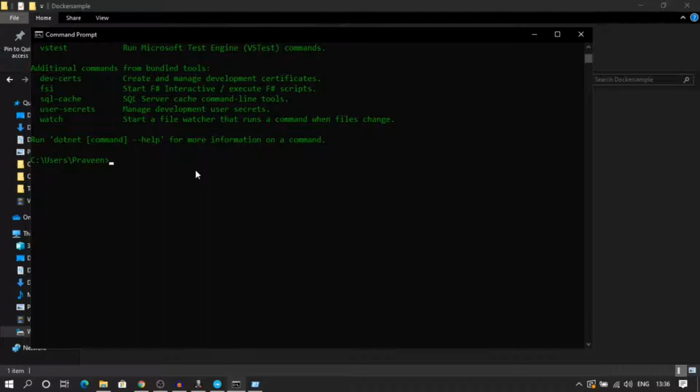We are going to create a new ASP.NET Core Web API through the .NET CLI. You can do it through Visual Studio and Visual Studio Code as well. So I'm going inside my directory with cd, where I have my samples.